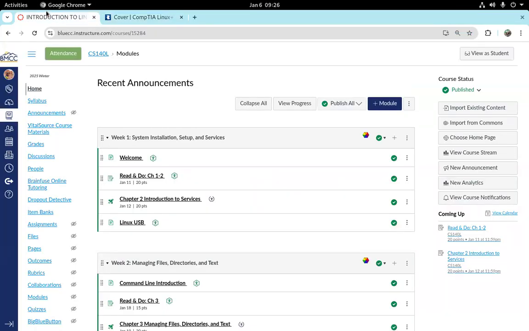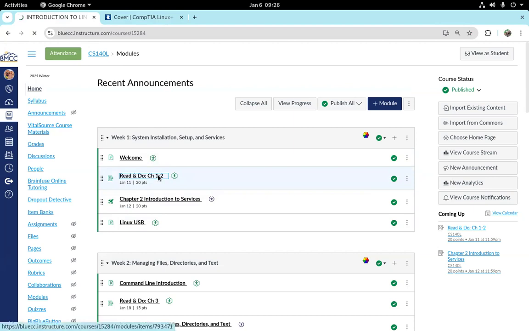Course homepage, you should have access to this now in Canvas. Everything comes from this page right here. There's assignments each week, and sometimes there's other pages that I need you to read where I add to what's in the book. There'll be a reading assignment each week, read and do, and there'll be at least two parts to that. One is you read the chapters I mentioned here, chapters 1 and 2, and then you write a